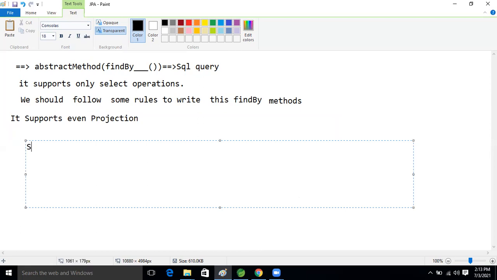Okay, so if we are writing the syntax using the find by method, where will we write this?